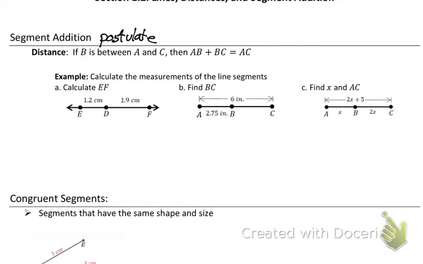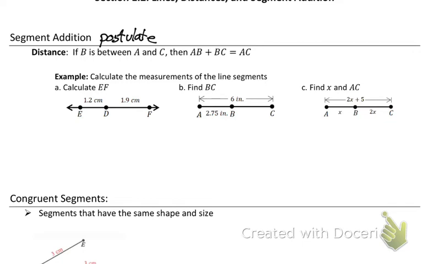It's a very, very fancy word for, let's say I have a segment that's 5 inches. And I take a segment that's 2 inches, and I put them together, 5 inches, 2 inches. How long are they if I put them together? 7. You just did the segment addition postulate. All the segment addition postulate says,